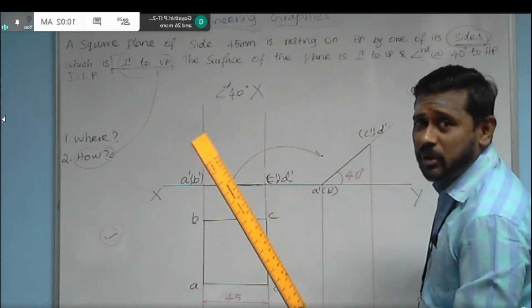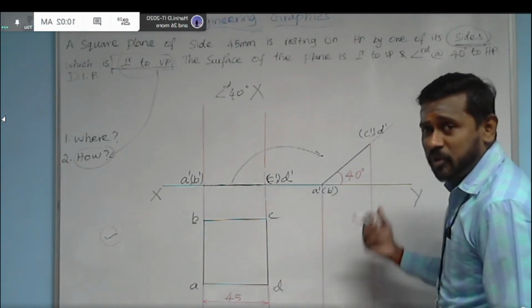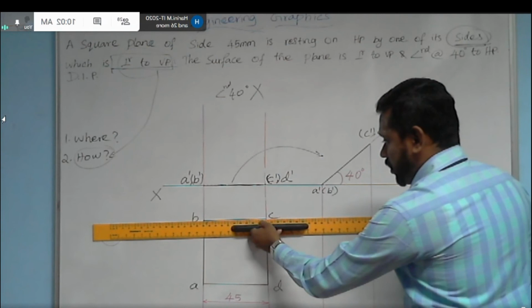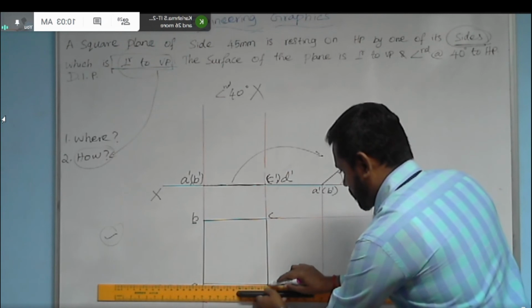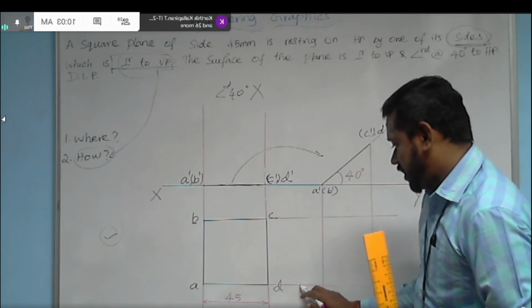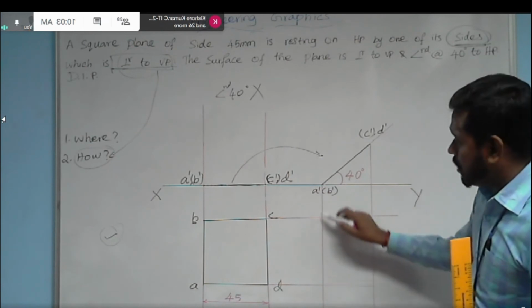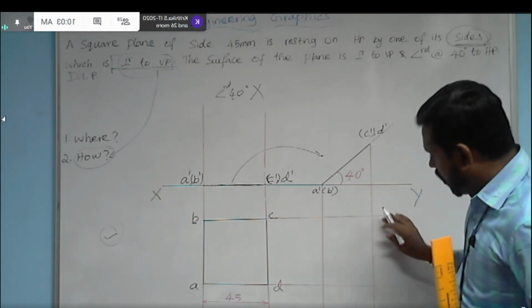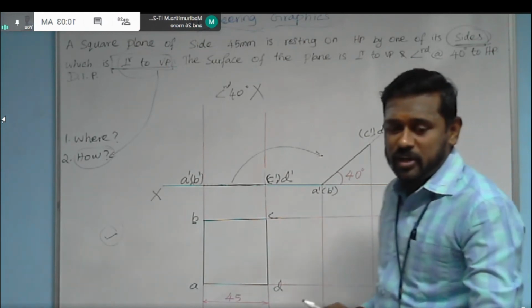In this kind of multi-station problem, in order to obtain the final top view, you have to get the horizontal projectors from the previous top view. So from the simple top view I am obtaining the projectors for each and every corner. Here this projector is common for B and C and that projector is common for A and D. And here this vertical projector is common for A dash and B dash and that vertical projector is common for C dash and D dash. After drawing the vertical and the horizontal projectors, now you need to identify the cut points of each terminal.